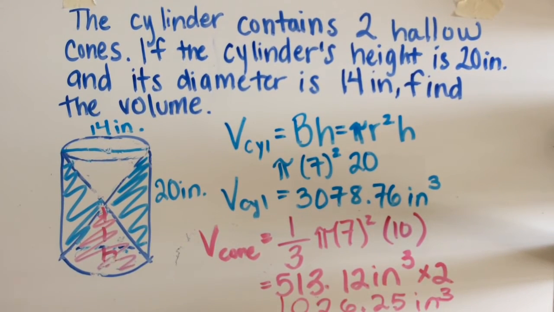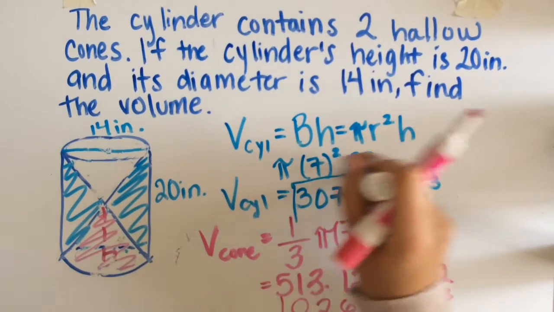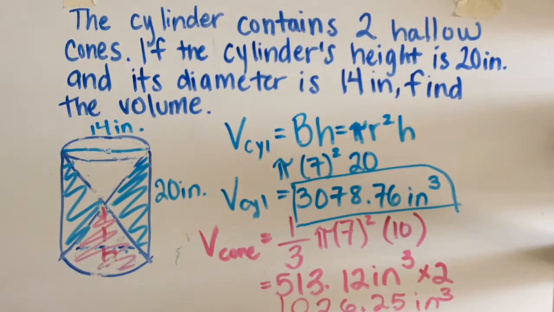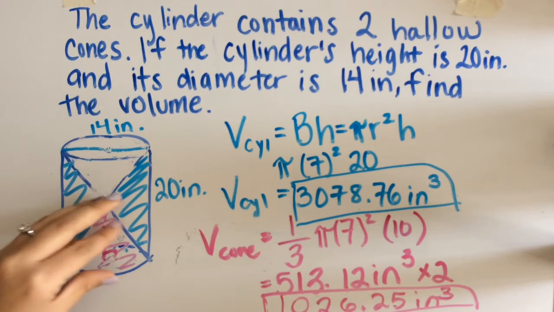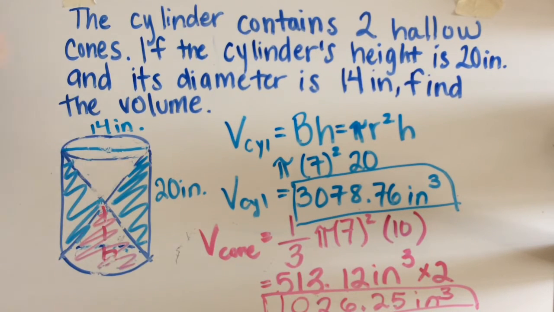Okay, so I know that the volume of this cylinder is 3,078.76 inches cubed, and I know that the volume of both cones put together is 1,026.25 inches cubed. Now I want to know the volume of the cylinder if those two cones were completely empty